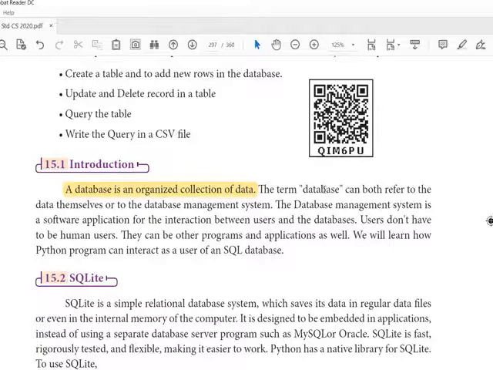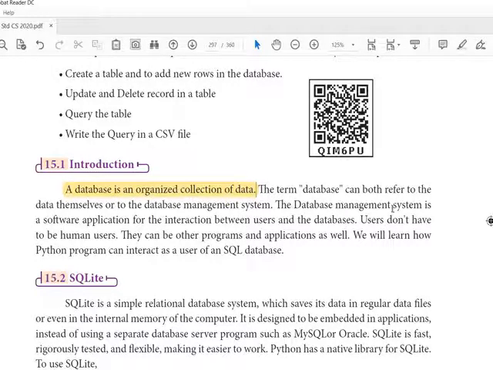The term database can refer both to the data themselves or to the database management system. The database management system, DBMS, is a software application for the interaction between users and the database.